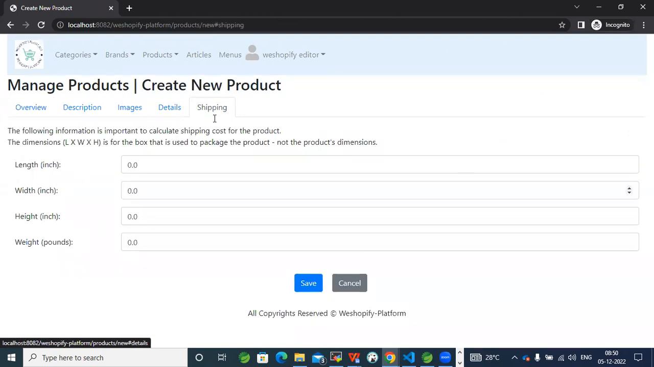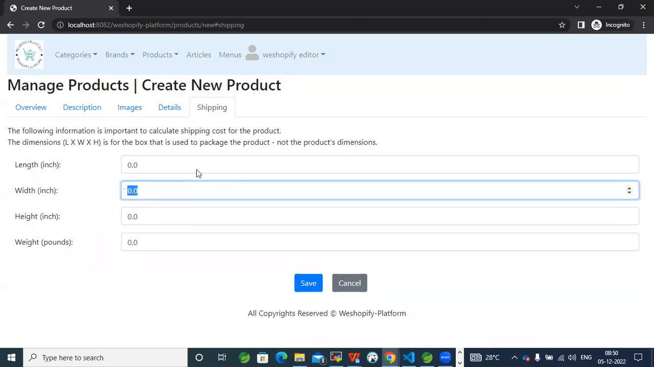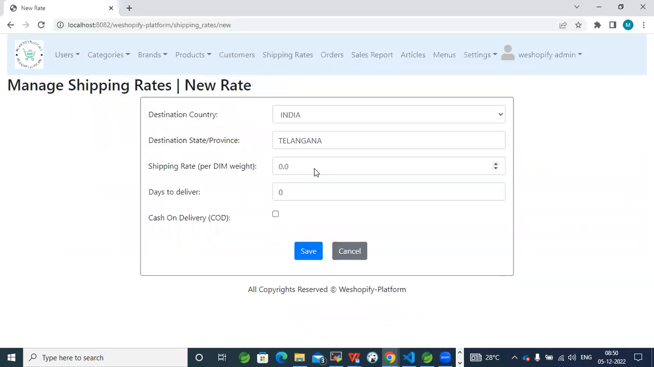And so according to this weight and all, there are standard rates. For example, if it is India, Telangana state, maybe they will have some standard rates. So if the weight is, let's say, 500 grams, there will be some charge to deliver. If the weight is 1 kg, there is some charge to deliver, right? And whether to enable cash on delivery for the product or not, we can also define in these shipping rates,